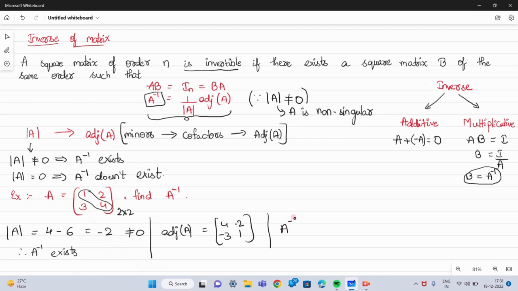Now find the A inverse. How to find A inverse? With the formula 1 by determinant of A into adjoint of A, which is nothing but minus 1 by 2 into 4 minus 2 minus 3 and 1. Nothing but minus 2, 1, 3 by 2, minus 1 by